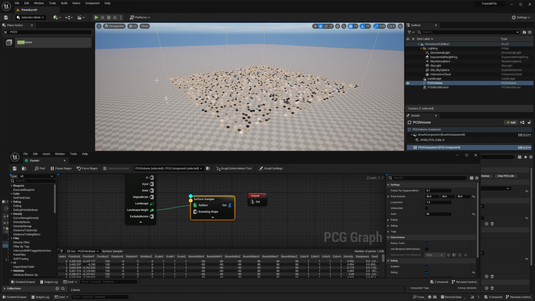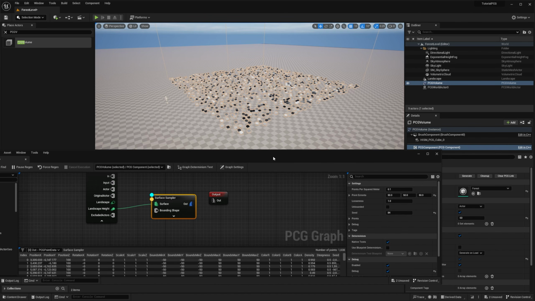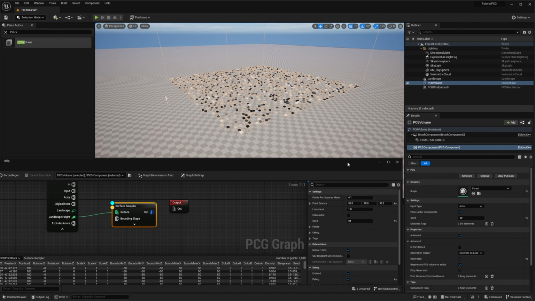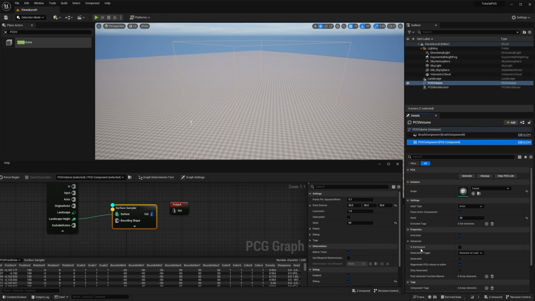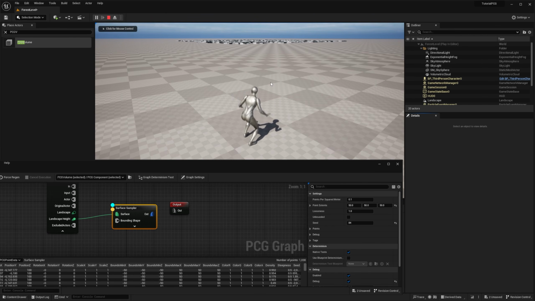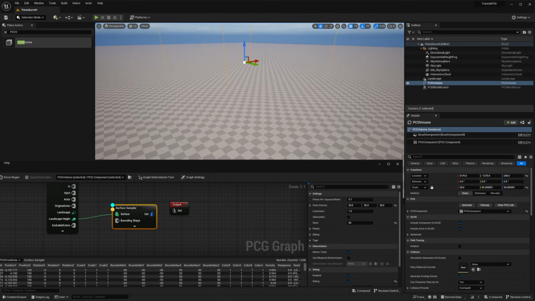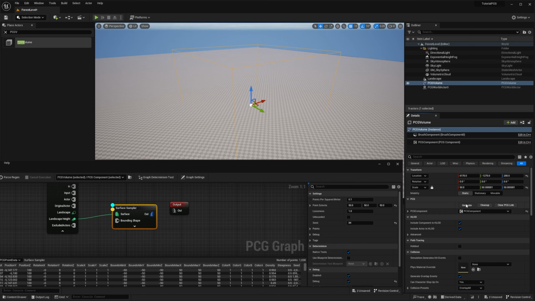One other thing that is supported with PCG is that you have this workflow that can be done in the editor. So you are generating the points directly in the editor, but you can also do it at runtime. So if I'm cleaning up the component, you can see that I have this generation trigger that is generate on load. So it means that when the volume is loaded in game, it will generate. So if I click play, you can see that it's generated at runtime directly. So it means that you can generate PCG during gameplay. And we'll see how to do that in future videos. But for now, we're just going to focus on the editor flow. So we'll just regenerate them.